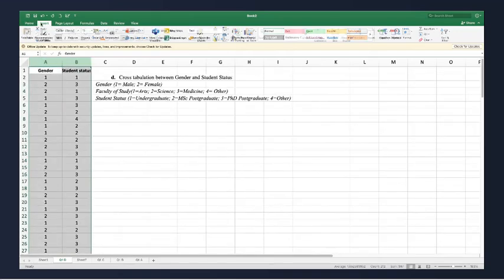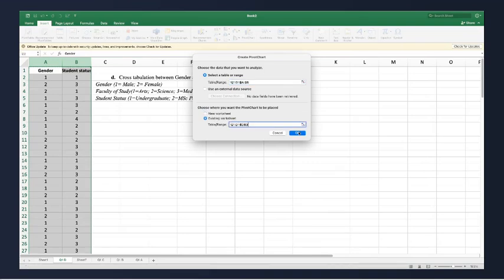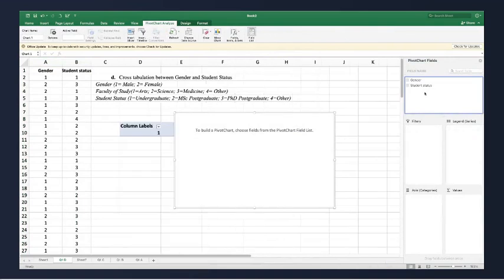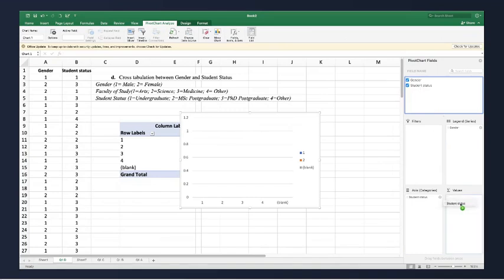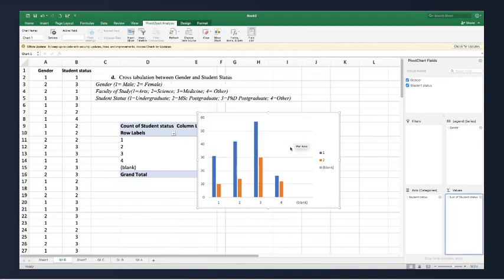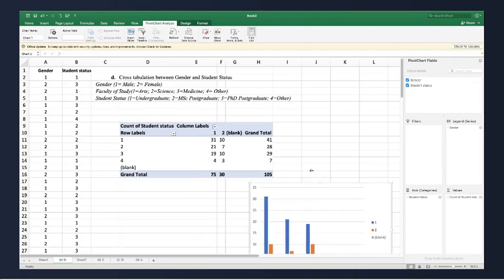I will say insert pivot table or chart together, right? And A and B existing worksheet, I'll put it here. Now I will select the gender, I'll put it in legends, and student status, I'll put in axis, student status in values, again count, okay, right? So now I have 105 entries.